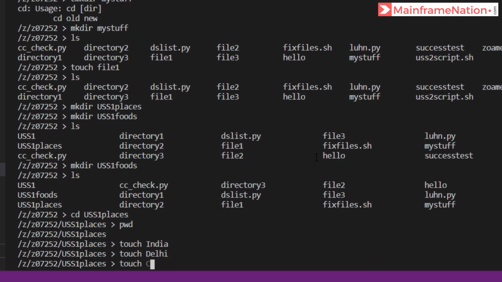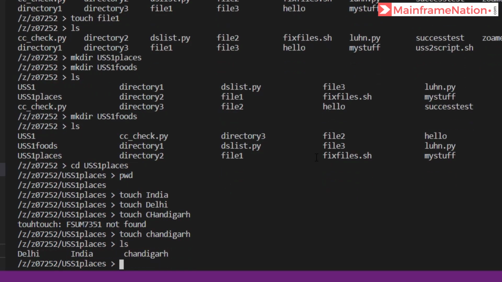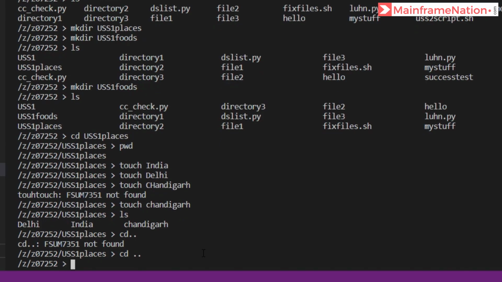Let's give Chandigarh. Touch Chandigarh. Let's list. So you have 3 places: Delhi, India, Chandigarh. Then let's change directory. Give here cd double dot and it will go back to the previous directory.